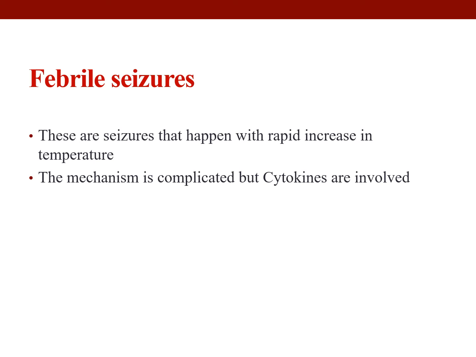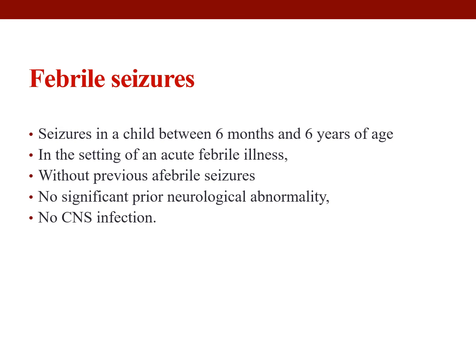Then we have another important type of seizure that is usually mistaken for epilepsy, which is called febrile seizure. These are seizures that happen in a child between the age of 6 months to 6 years, usually in the setting of an acute febrile illness and without any previous afebrile seizure, no neurological abnormality, no CNS infection. Febrile seizure looks exactly like epileptic seizure, but every time you will have a temperature,